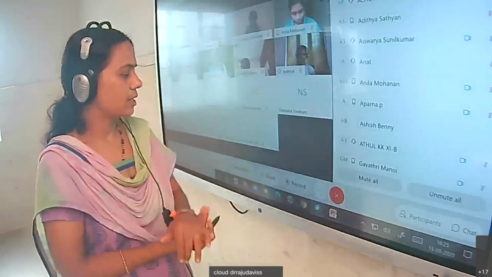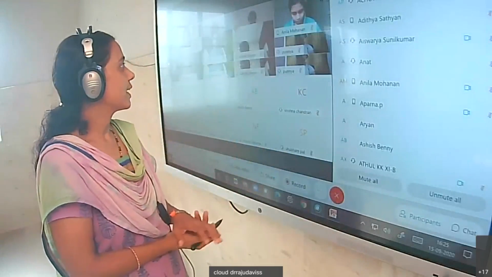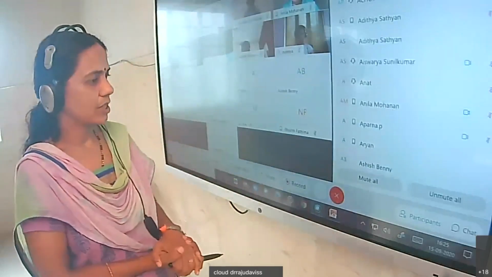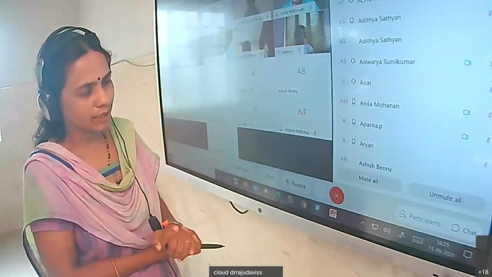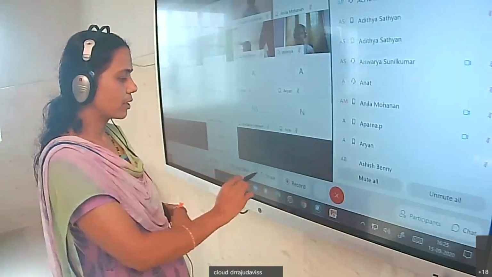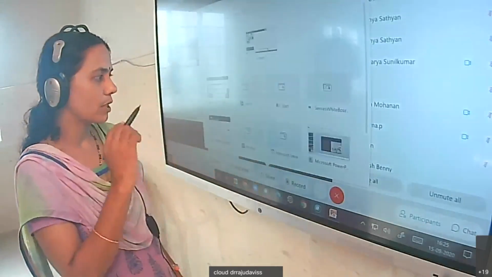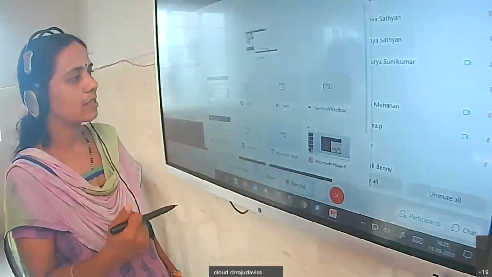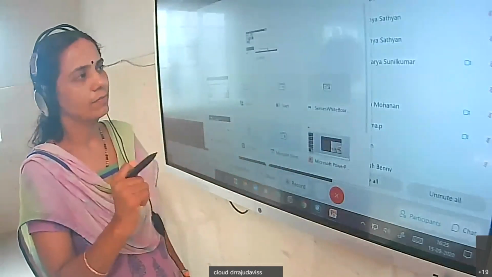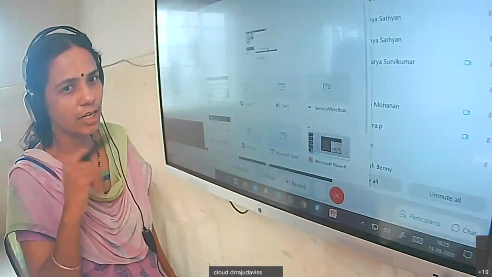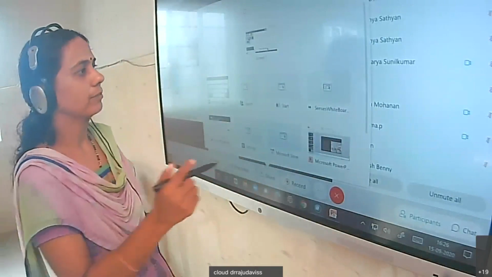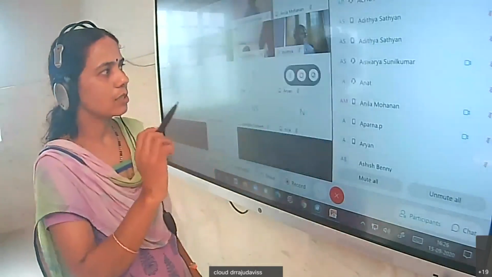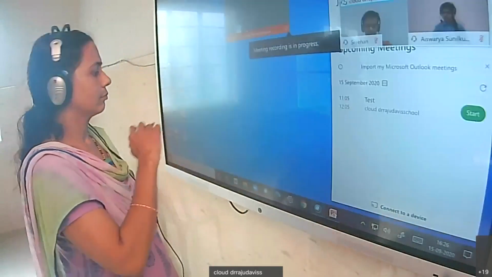In the morning session, we discussed finding the derivative of a function. If you were not there during the morning session, I'm going to repeat the same because that's an important one. Next year, in 12th standard, integration and differentiation is the main topic, and there we need all these things that we have discussed today. So I'm going to repeat it again for those who were not present in the morning session.